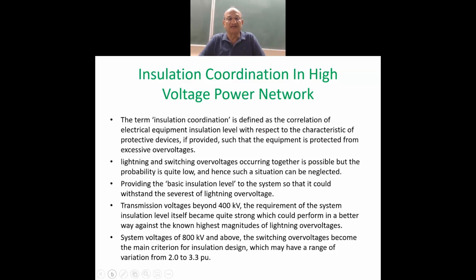So zinc oxide lightning arresters, as we have also learned, any lightning arrester provides a short circuit path to a very short duration pulse voltage. People have called that short duration pulse voltage also high frequency voltage. There is no frequency involved in it. It is a single pulse. How can there be a frequency involved with it?